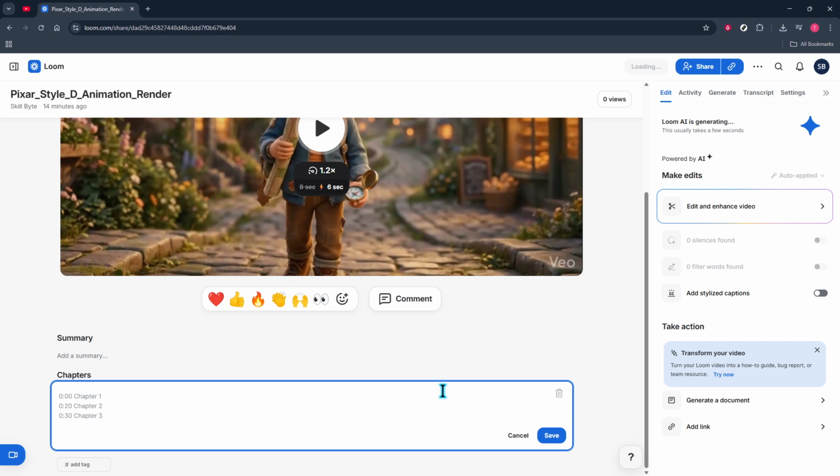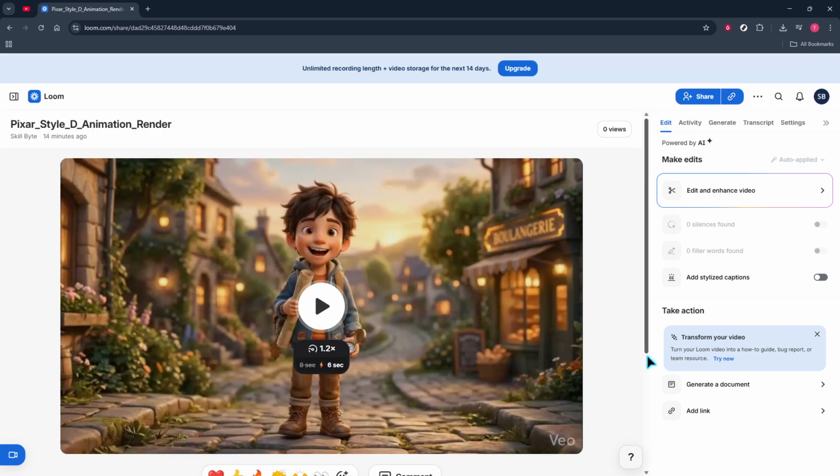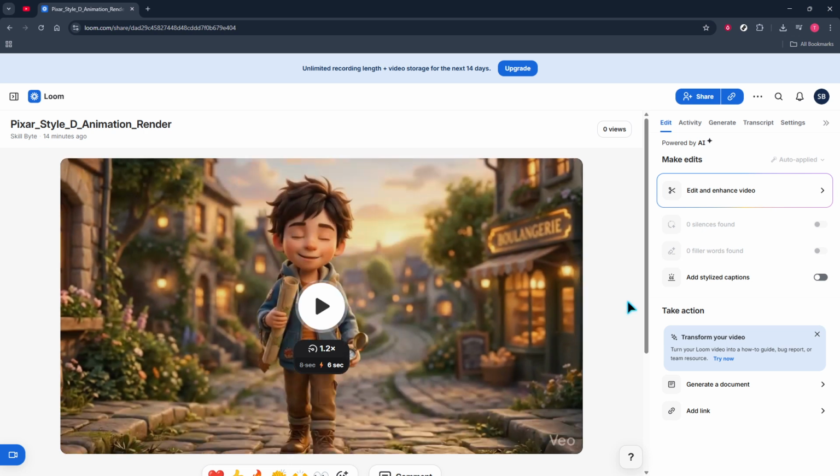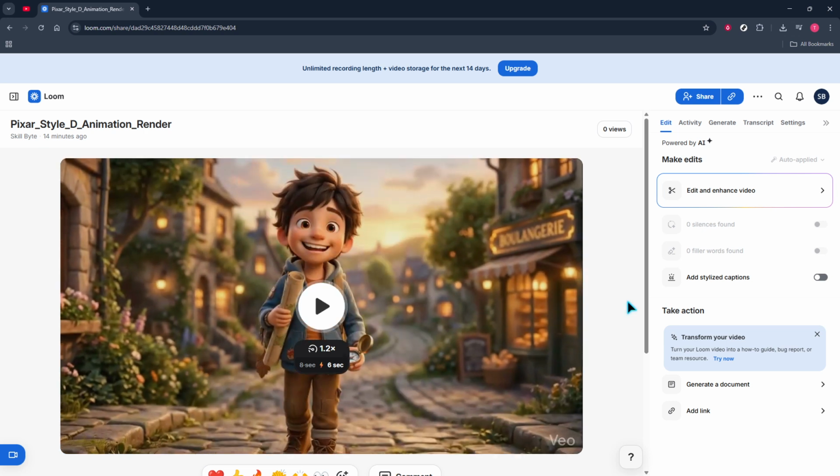When everything looks good, take a moment to preview your video end to end. Watch a few sections to ensure your summary matches the content and your chapter titles align with the moments they mark. If anything feels off, small wording tweaks can make a big difference in clarity. That's it. You went to your library, opened the video, added a helpful summary, and organized chapters so your captions are more useful and your